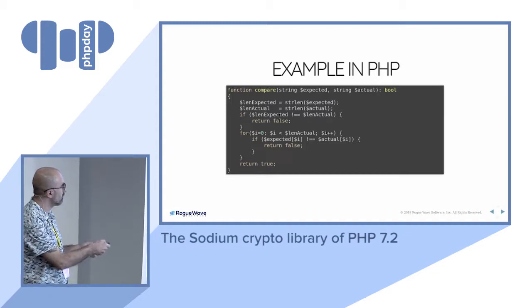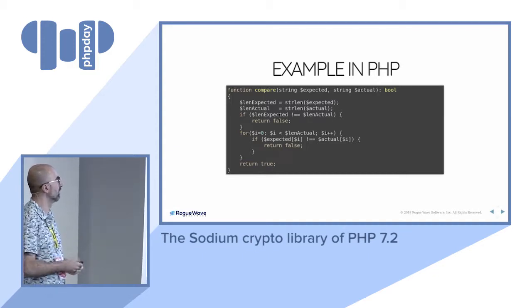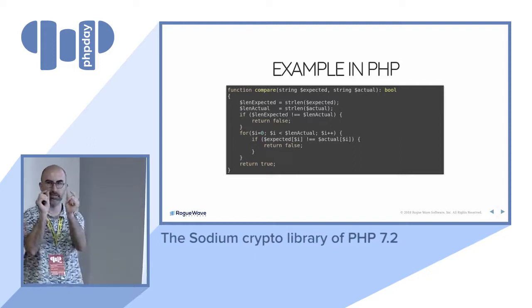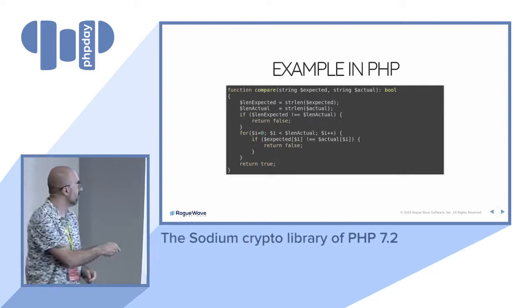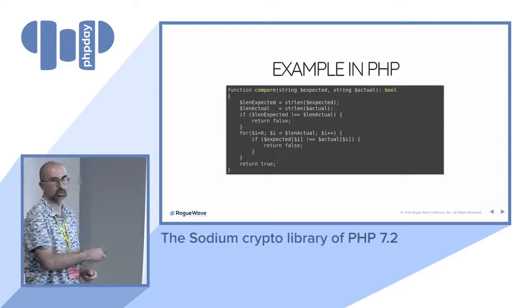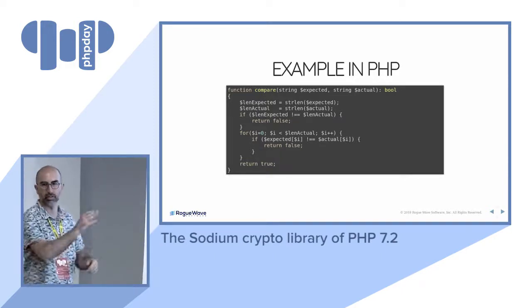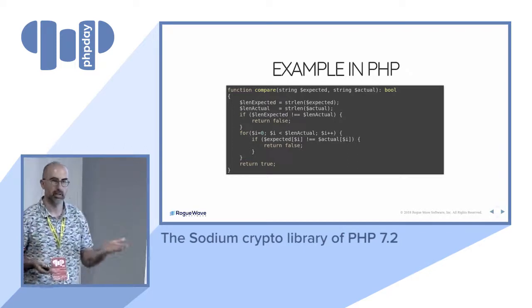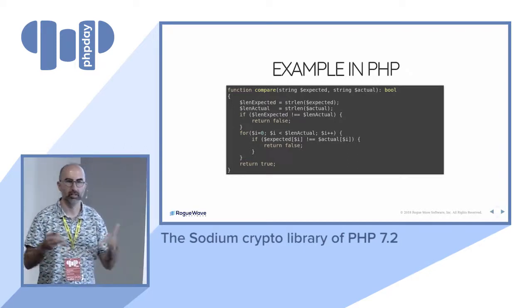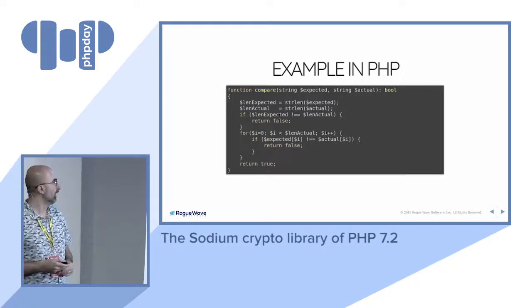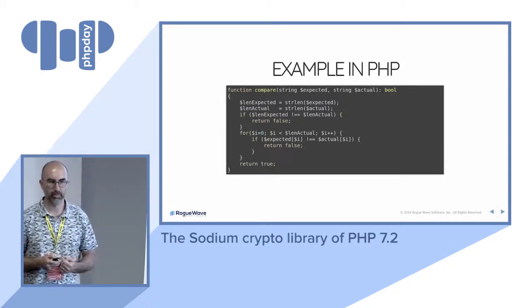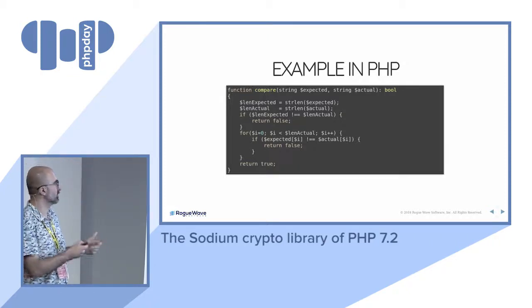If they are equal, you just iterate on the length of the string, and you check each character. If the characters are not equal, you just return false. Otherwise, if you go to the end of the loop, that means that the strings are equal, right? So it is a very straightforward algorithm. But this actual implementation has an issue from a security point of view, because